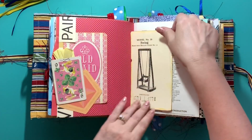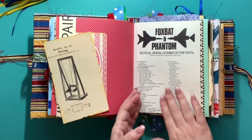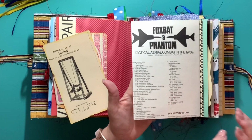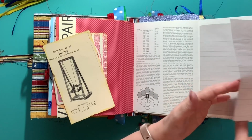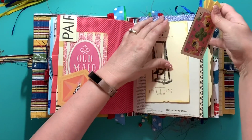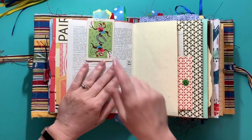Not too frou-frou. Here's another one of the pictures from that Meccano instruction booklet. Here is the first page of the instructions for Foxback and Phantom. That's the game I was talking about. It was 1973, I believe. It folds open. You can put anything you want in there. And then you've got writing space that flips out once again. And it slides right on, just like that. And there's that side of the